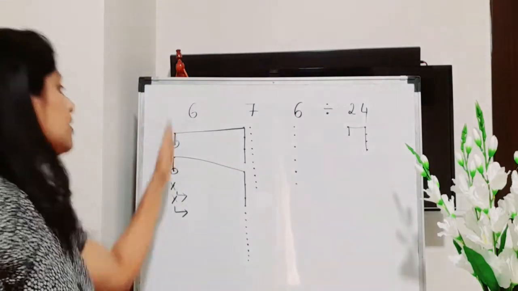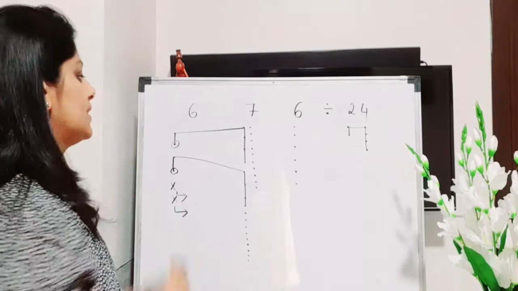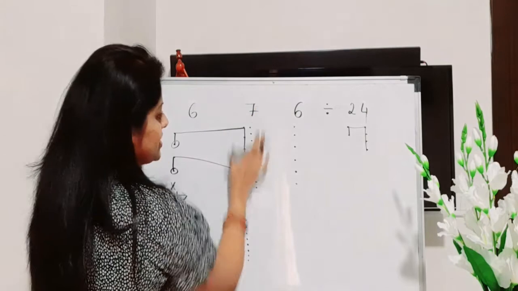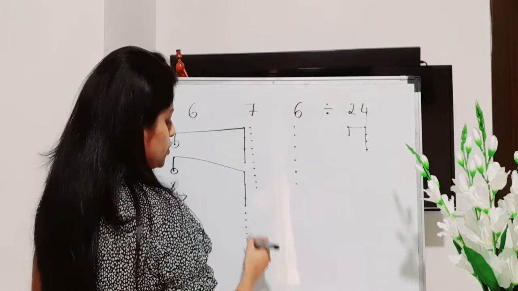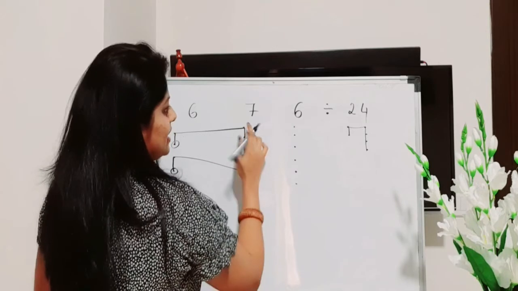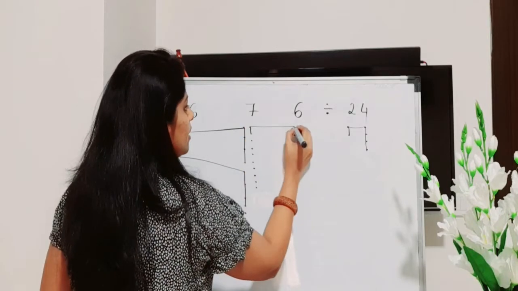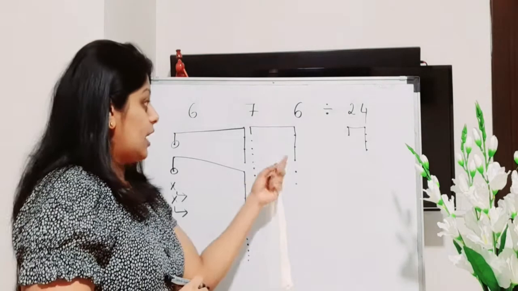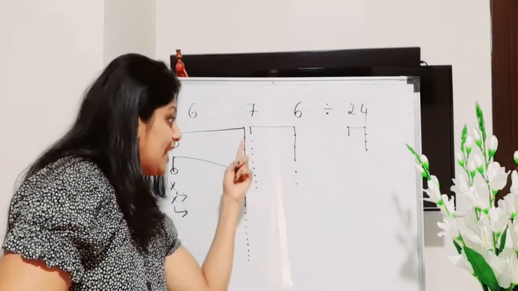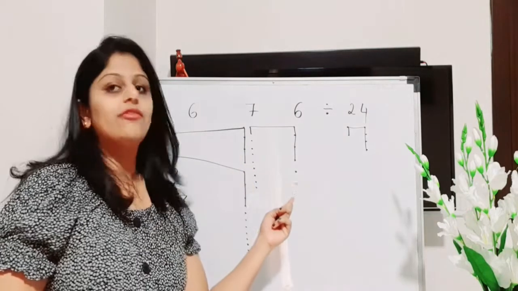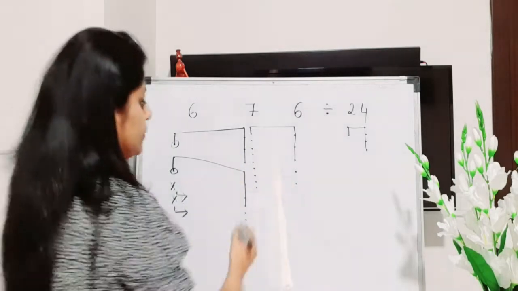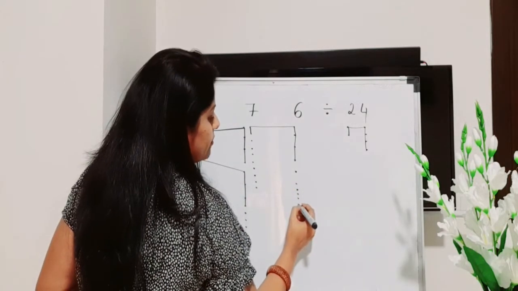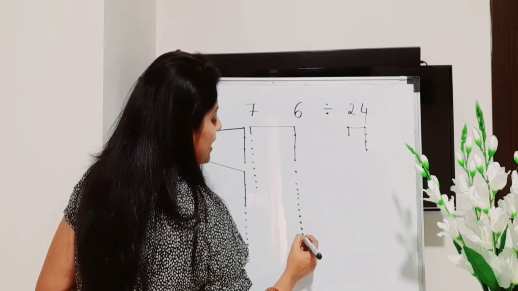So now you can check. First column, all the dots are over. Now we'll move on to the second column. So in the second column, again you can check 2 and 4. So this is your second column, this is your third column. So 2 and 4. So just for convenience, I'll use these two. So 2 and 1, 2, 3 and 4. Okay. Now again 2 and 4. You can check. We have 2 in the second column, but do we have 4 in the third column? No. Again what we will do? We will cancel 1 dot and shift 10 dots here. So 1, 2, 3, 4, 5, 6, 7, 8, 9 and 10.